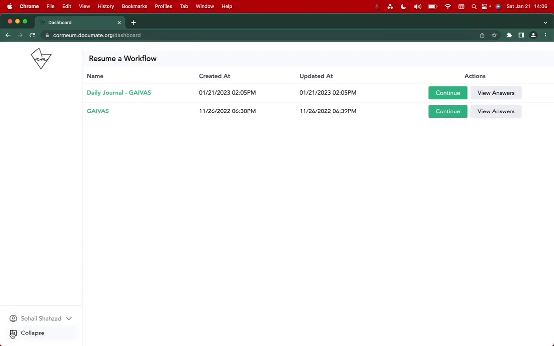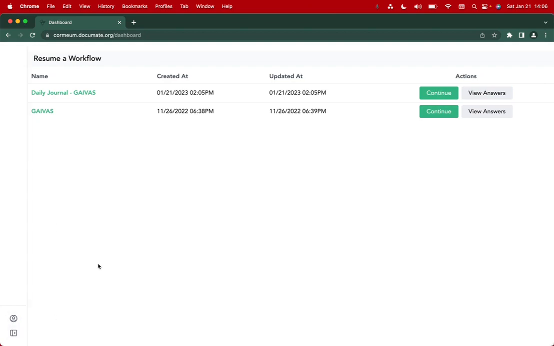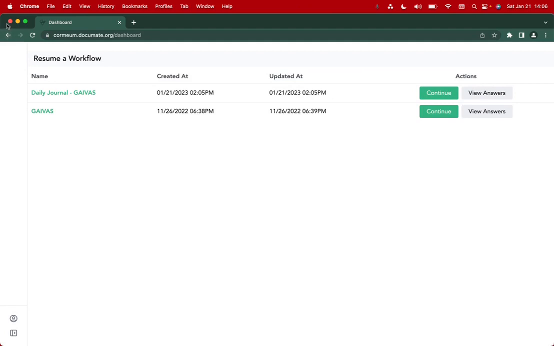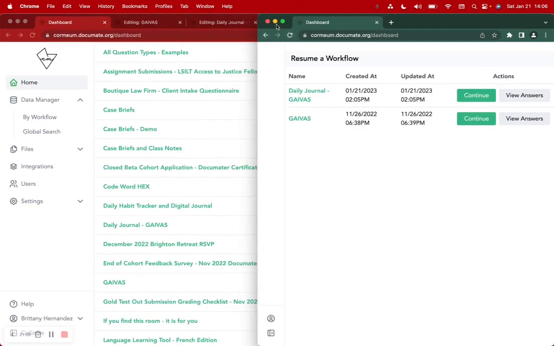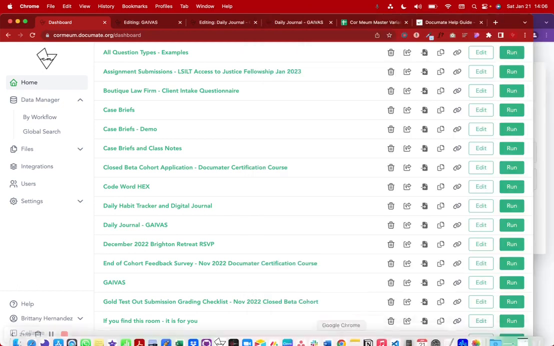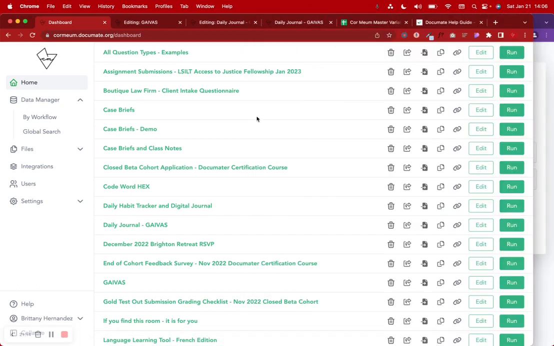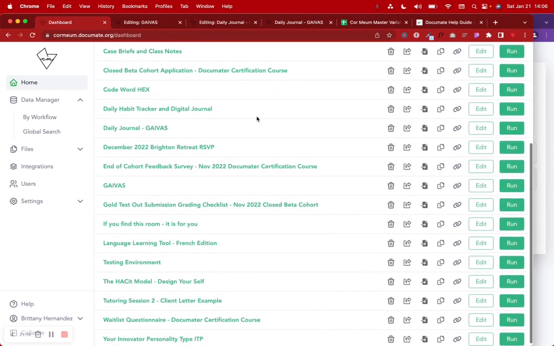So this is what a user's portal looks like for someone who has an account on your subdomain. So they can continue that or view answers or whatever else. And so that is what their experience would look like if they had a regular user account. Now let's look at what a person who has an organizational user account might see if they took